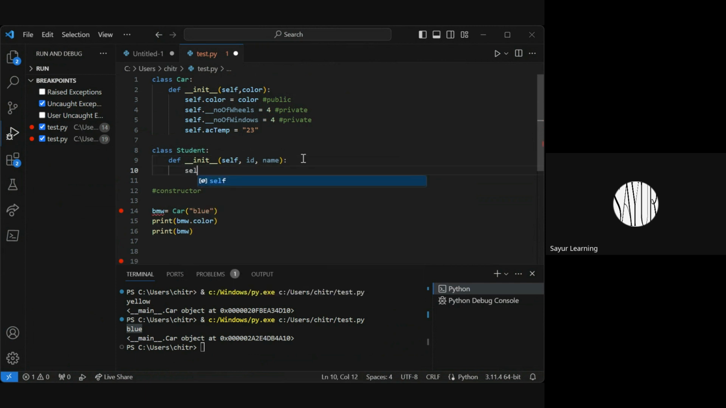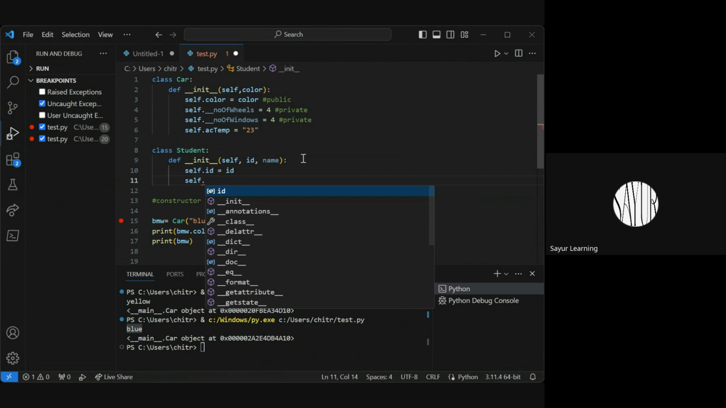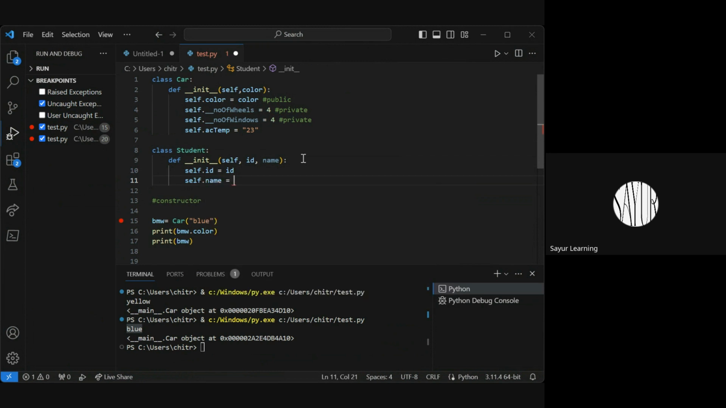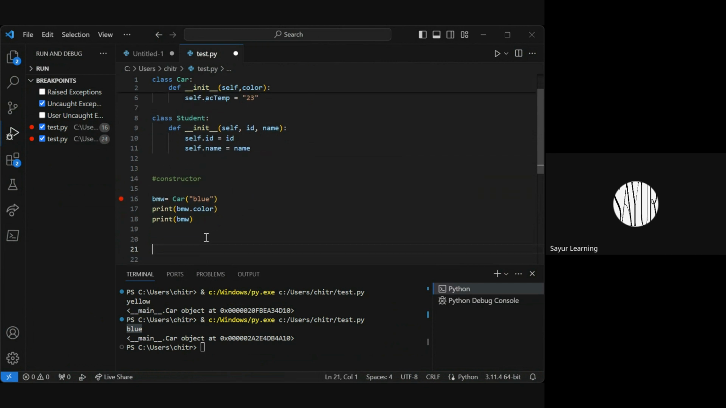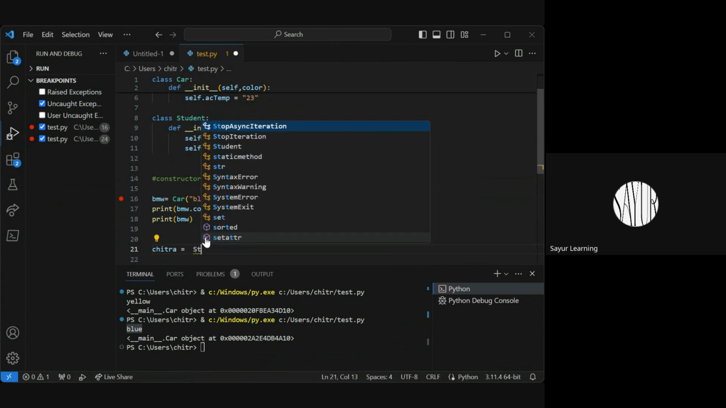So self.id, this is student.id, self.name equals, the other is name. So when I create a student object, this is Chitra, right? Chitra is the name of the student. Chitra, if I create a student,